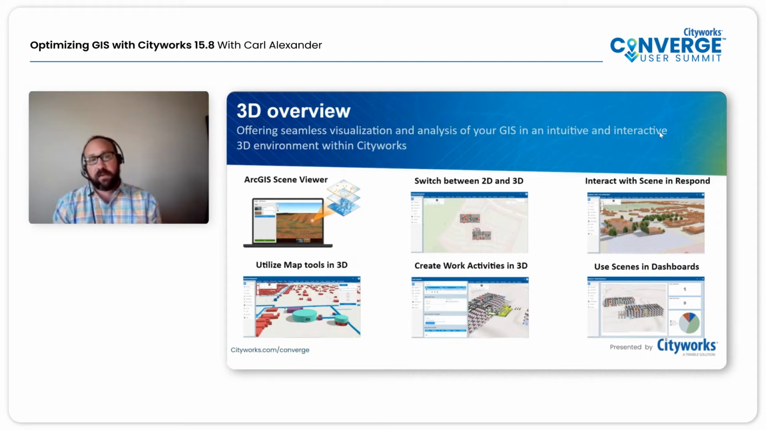Here is a high-level overview of 3D and how you can utilize it in Cityworks. We are using an ArcGIS scene. As long as you have ArcGIS Online or ArcGIS Portal, you can create your scene and bring that in and utilize it in Cityworks, just like you would a web map. We understand completely that you don't want to do one or the other, so we now have the ability to switch between 2D and 3D,